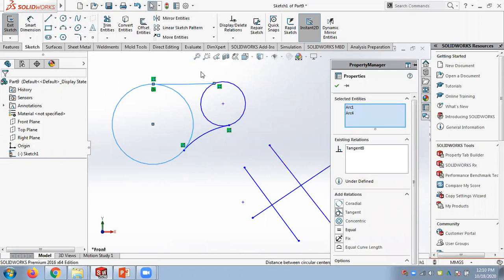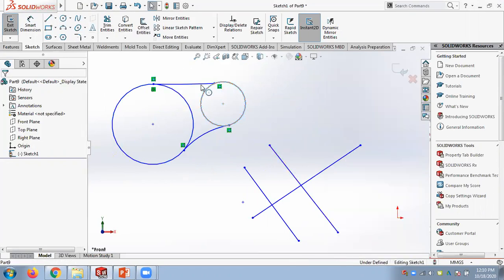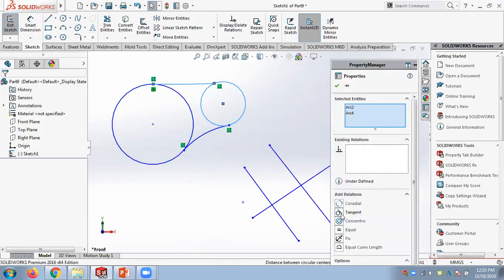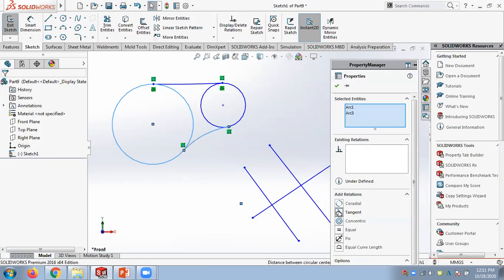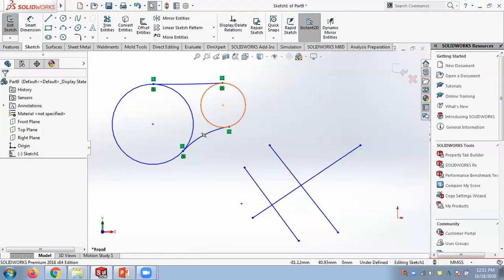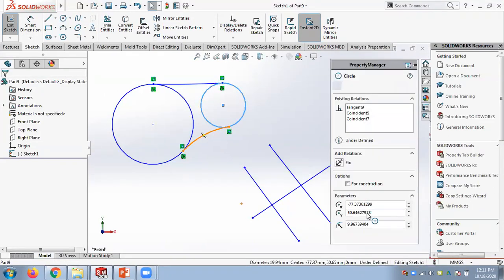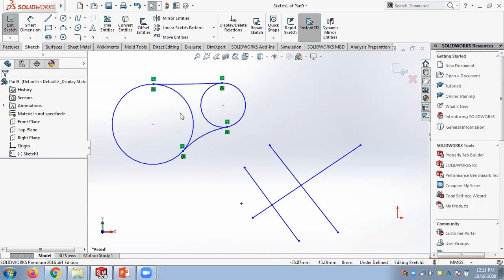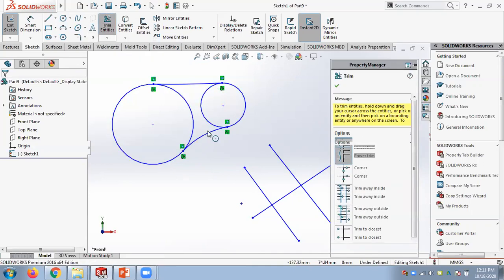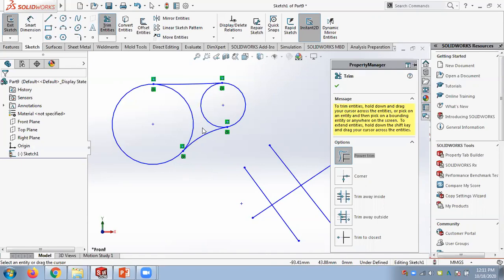Tangent. So I'm making tangent. So this is the thing. I want to remove this middle part. So we can apply trim. So we will try power trim whether it's working or not.